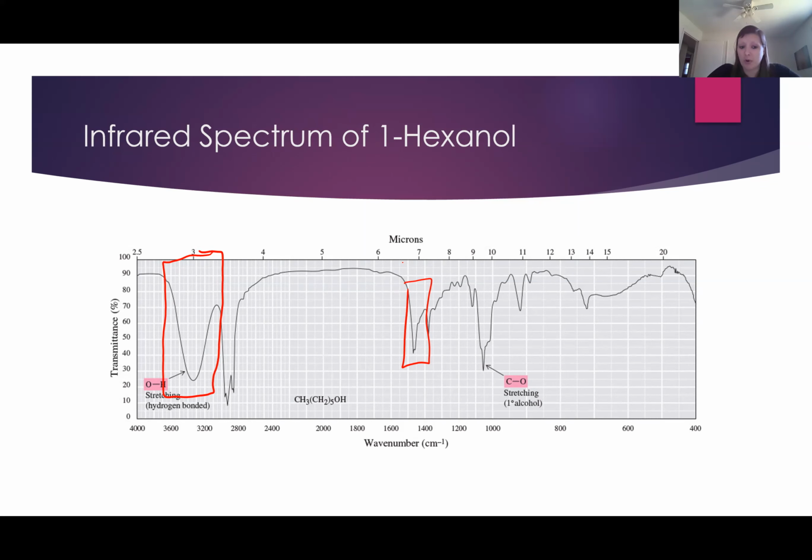If you see a broad OH band, you have an alcohol somewhere on your molecule. It does not tell you where on your molecule, but it does tell you that you have an alcohol. Now, what does tell you if you have it in a primary, secondary, or tertiary position is part of the fingerprint region. This is, again, something we will not look a whole lot at, but it is very useful information